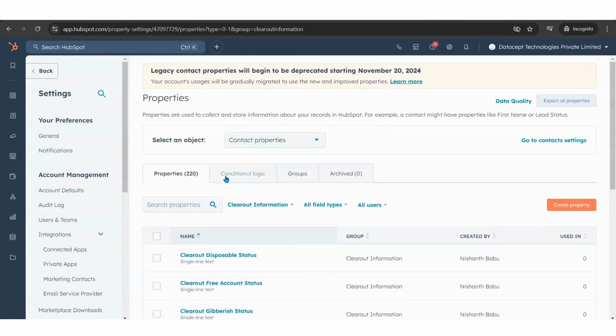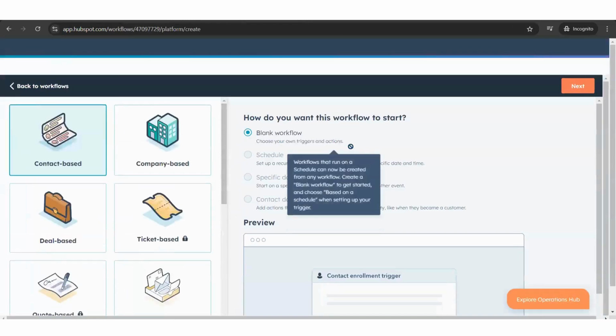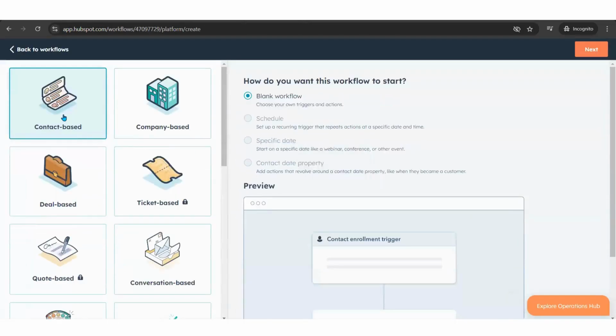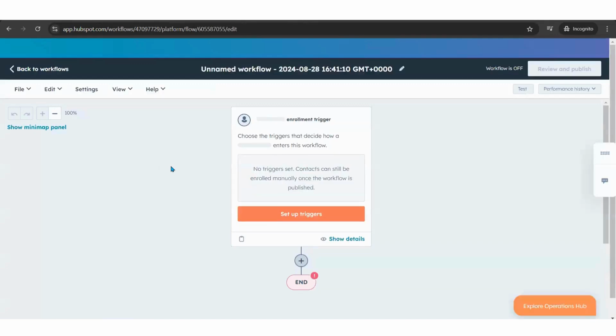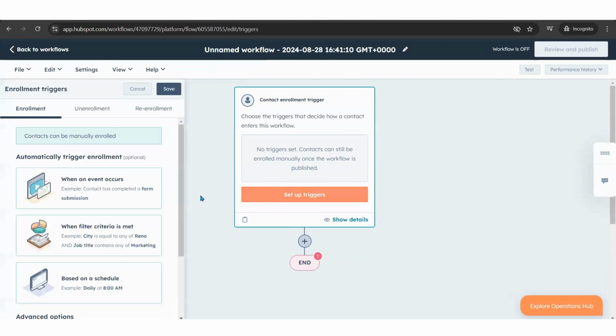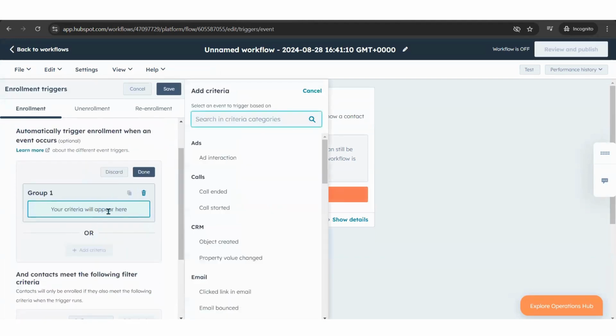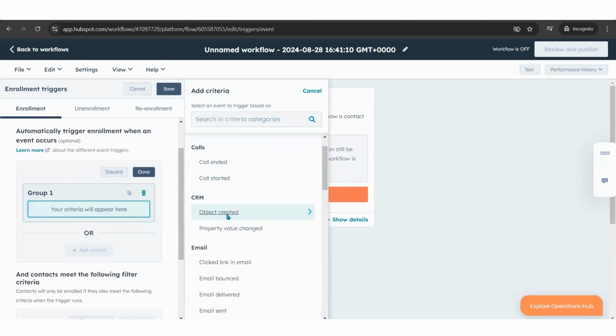Now, once this part is done, let's go ahead and set up the workflow. Getting started from scratch, this would be a contact-based workflow. Now, all I have to do is get started by setting up triggers. So now we know that whenever an event occurs, the criteria for the event would be whenever a new object is created on the CRM,